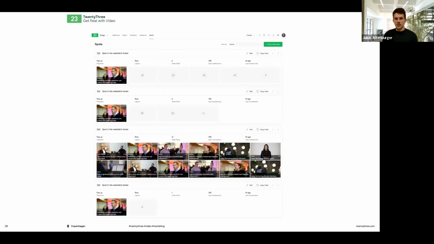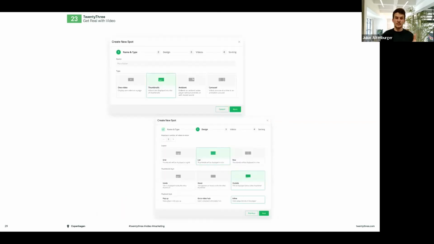So how will it look? We're currently running through a redesign, and I'm showing you here what you will get in just a few weeks' time, having this kind of modern layout where you actually see the different kinds of spots you have created, that you can work with and embed on your website, and then choose the types of video representation that you want.